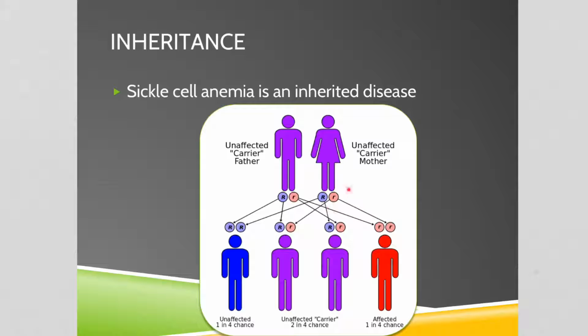For example, if you have two heterozygotes, you could produce a child that has sickle cell anemia, even though you don't necessarily have sickle cell anemia. So it's a recessive trait. It's also controlled by multiple genes, so it doesn't work as simply as this, but it works very similarly to this mechanism. If you're heterozygous, some of your blood cells are sickle-celled, but you also have regular ones, so you're able to live just fine, but you can pass that on to your